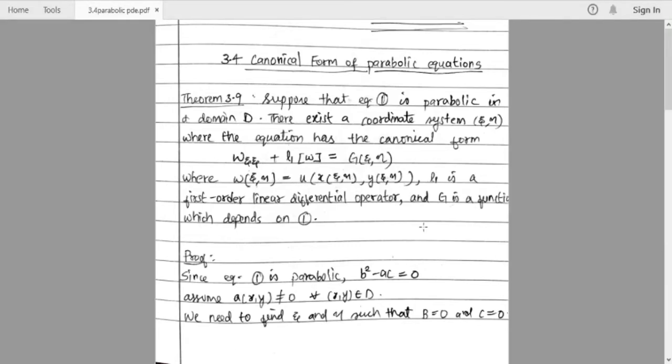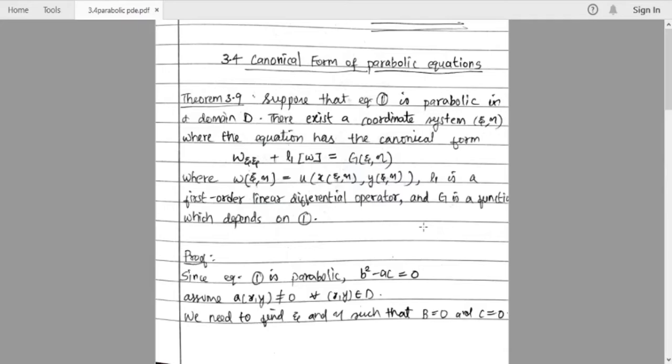Hello everyone. So next we move on to section 3.4, in which we will study the canonical form of a parabolic equation. We know that equation 1, the general form of a second order linear PDE, is said to be parabolic if b square minus ac is equal to 0. Now we will see theorem 3.9, which says that if the given equation is parabolic, then there exists a coordinate